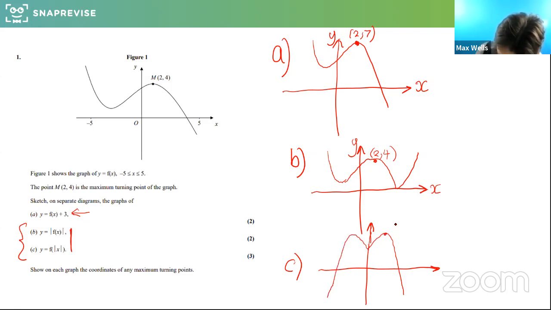So here was 2, 4, minus 2, 4. There we go. Looks like a familiar logo. I'm loving it. Hopefully that's clear to everyone. It's just reflecting the positive x part in the negative x values. So when you put minus 2 in as x, it turns it to positive 2 and copies what that would be doing. Brilliant.